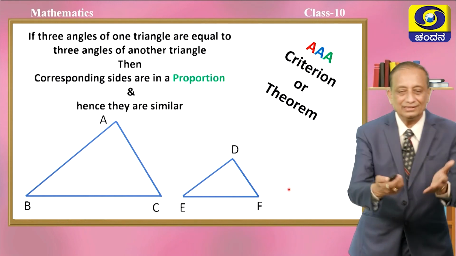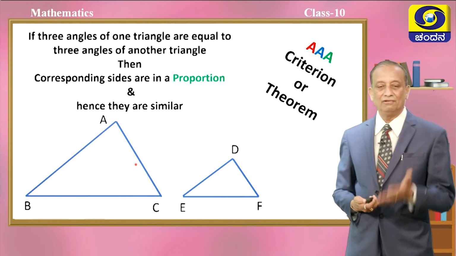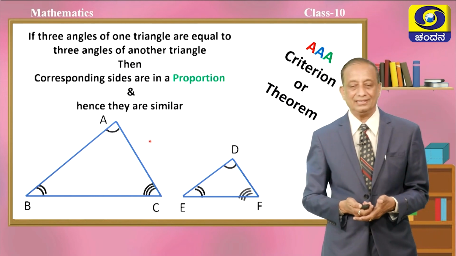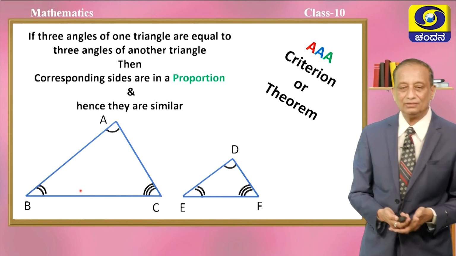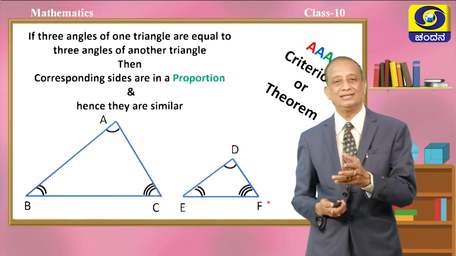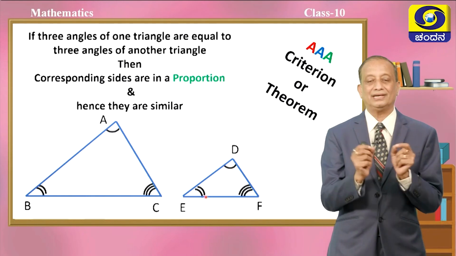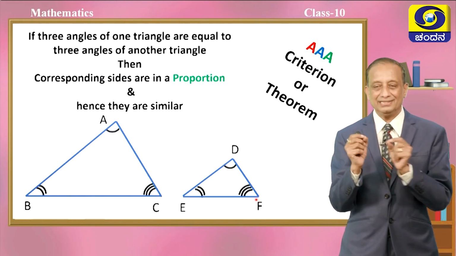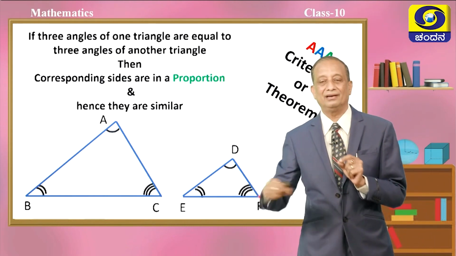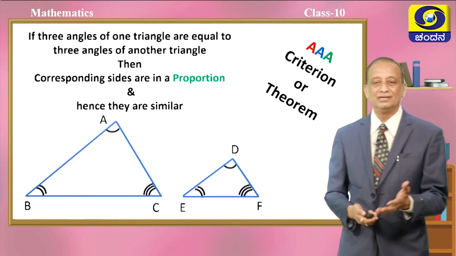So, look at these pair of triangles, children. Triangle ABC and triangle DEF. One is bigger and another is smaller, but look at the angles. Angle A is equal to angle D, angle B is equal to angle E, angle C is equal to angle F. See, look at the corresponding angles, they are marked with the similar marking, 1 arc, 2 arcs and 3 arcs. So, thereby you can easily make out which angle of one triangle is equal to which angle of another triangle. We can easily make out if you use this kind of symbols.